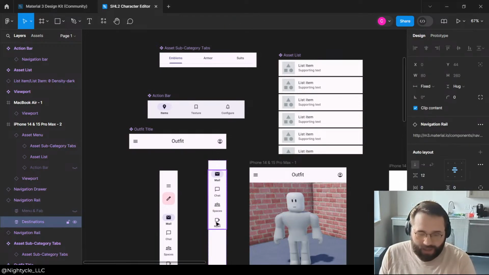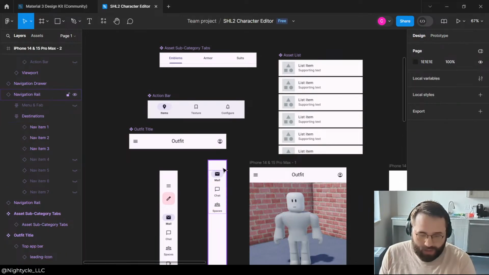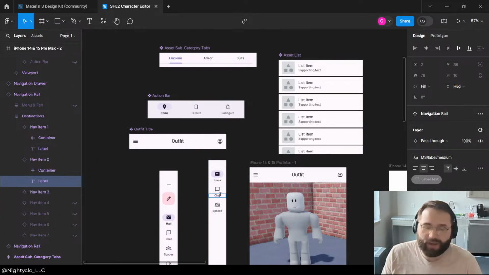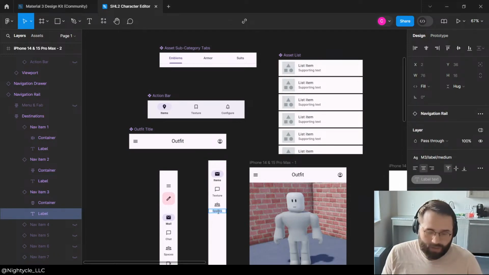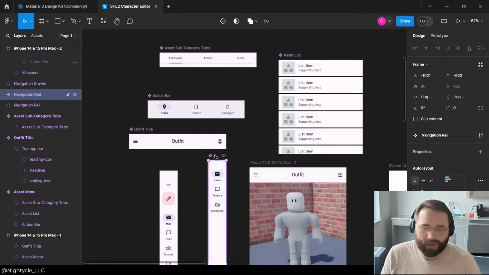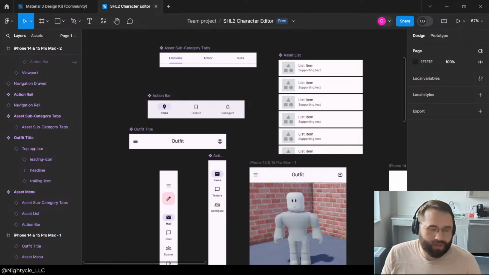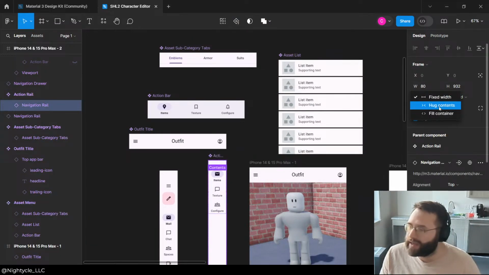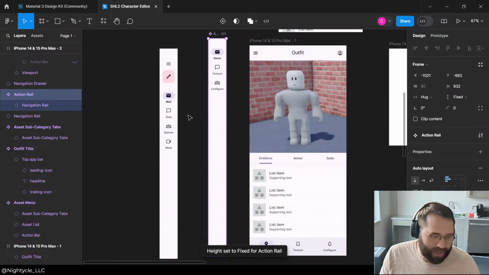Okay, so let's reduce this to. Okay, so we're gonna make this items again. Texture. Configure. And we're gonna create a component out of this called action rail, and we're going to modify it so that it hugs the contents here, but then expands to fill the container here. And now,